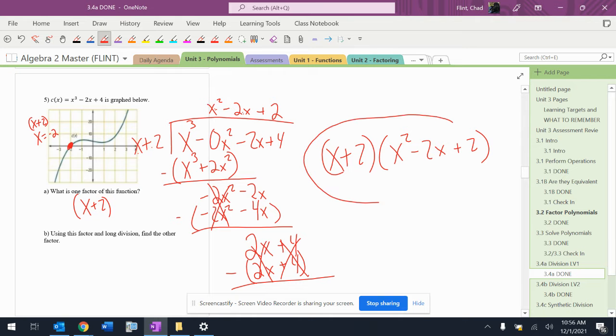All right, so this would be factored completely. If I wanted to find the other solutions, I would set this thing equal to 0. It's going to give me imaginary solutions because there are no more x-intercepts. So there's lots of things that this can get used for in terms of trying to solve more complicated equations than we solved in the